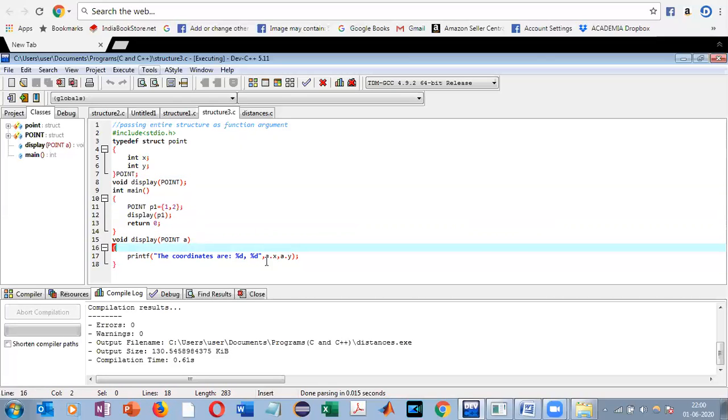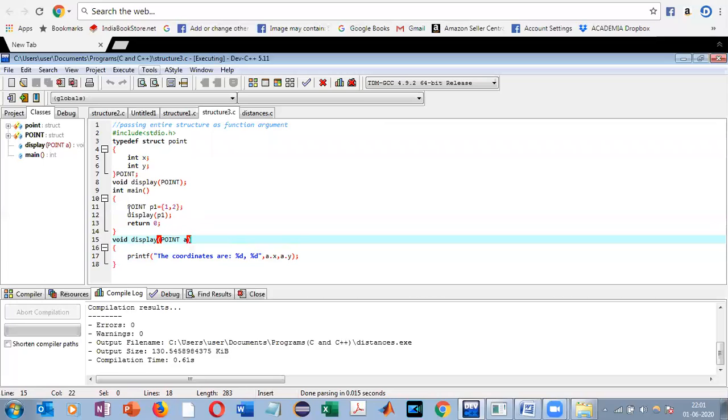Then we use the dot operator to access each member of the structure, to access the x part and the y part. And when we are displaying, we simply give the structure type variable and it gets displayed accordingly. So it is situation dependent, because at times we will want a function to receive a structure but return nothing, like in this particular program, which is just printing the values. So this is mainly done by the call by value method.